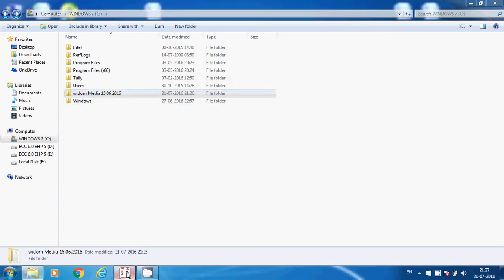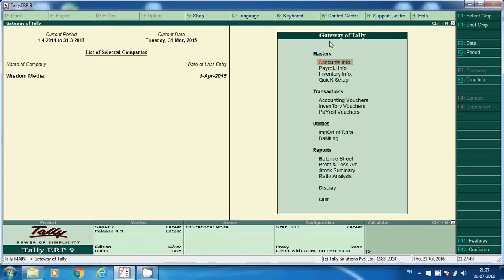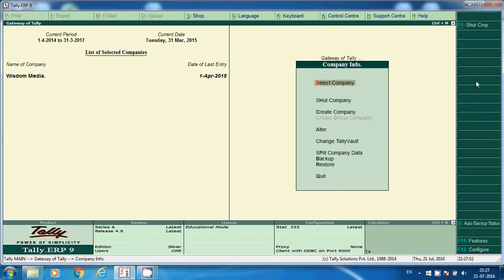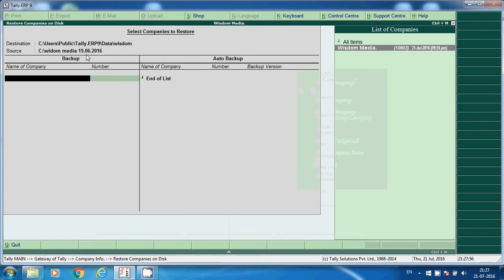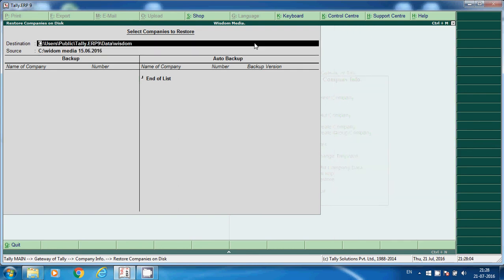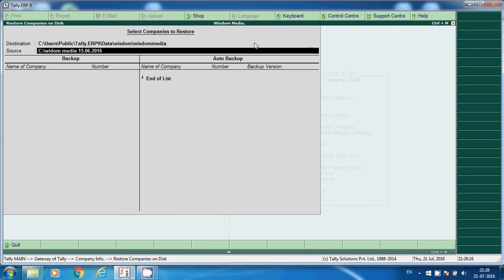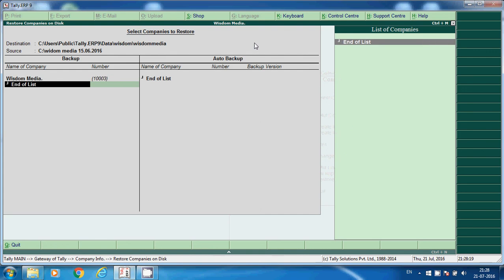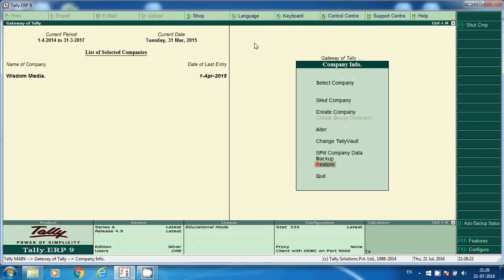and restore. Again, the same: Gateway of Tally, Company Info, here Restore. See here, the destination if you want, this one, end of list, I am restoring it.